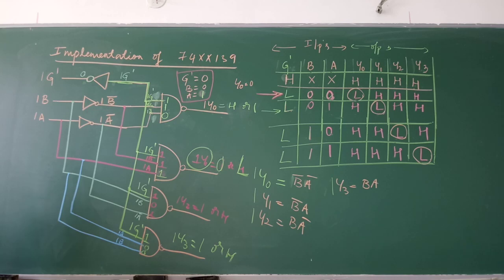Is it clear? So this is how the 74LS139 is manufactured, and this is how you are going to use it in your lab. So this truth table and the circuit are very important. Only then can you use a decoder for some purpose. Otherwise, you should know what input should be given and how you have to use a decoder. Otherwise, it is not possible. So please listen to the video carefully and try to understand the decoder IC, which is very important for your lab. And whenever you are using a decoder, if you are not getting the output correctly, you could trace it if you know the IC. Otherwise, it is not possible.